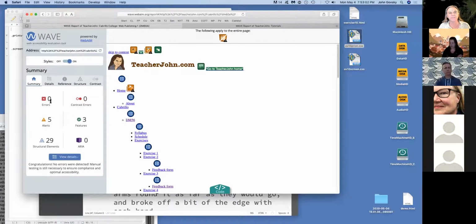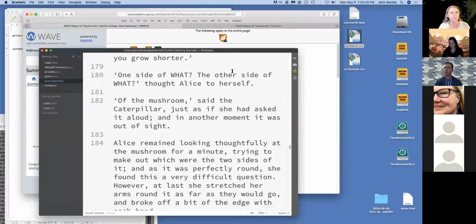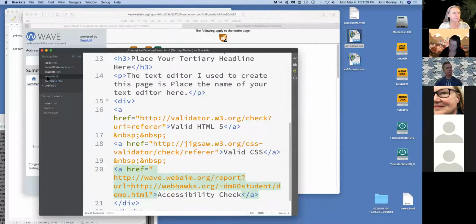Okay. Now, how do you put a link on your page to the web accessibility tool? Well, there are a few ways to do that. My site uses PHP, so it automatically supplies the URL to the WAVE tool, but we're not going there in this class. But WAVE itself gives you a little block of code that you can use. So where is my demo? Okay. So if we look at this code here,